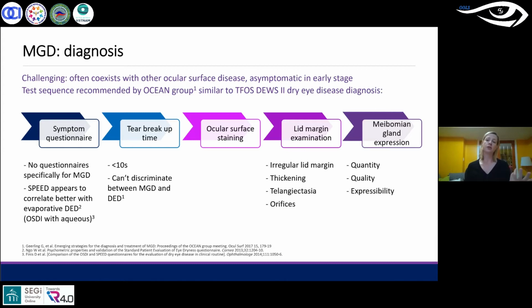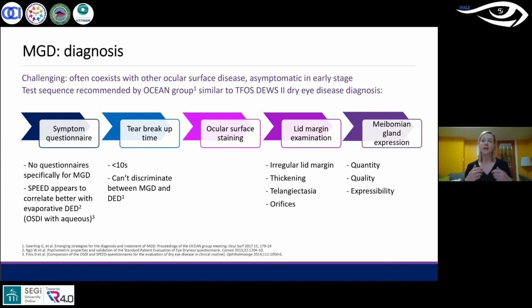Now, in TFOS DEWS II, we know that we've got the DEQ-5, the Dry Eye Questionnaire 5, or the Ocular Surface Disease Index, OSDI questionnaire, as the two recommended ones. There is some research to say that the SPEED questionnaire, if anyone's familiar with that, is a little more sensitive to Meibomian gland changes, or evaporative dry eye changes, rather than aqueous changes. So some people prefer to use SPEED, but honestly, if you're not using a questionnaire at the moment, the first piece of advice